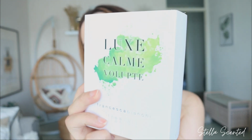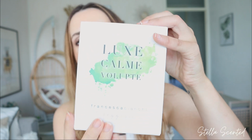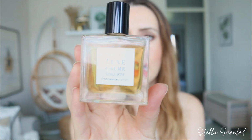At first, this is what the box looks like, and it's just the usual Francesca Bianchi white box. The sleeve comes off and it's just a white box. Nothing too fancy, but it's still a nice presentation. And this is what the fragrance itself looks like. Very classy, chic little fragrance bottle, just her typical ones. And before I go into the fragrance, I will spray over here a little bit and give it